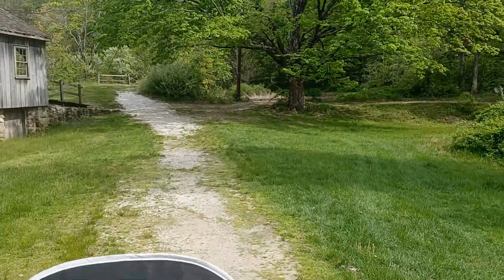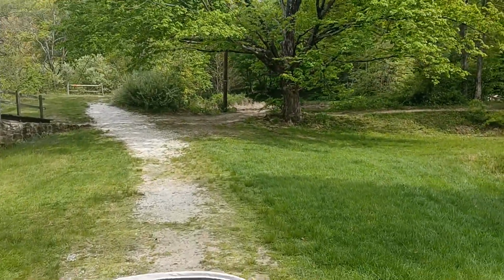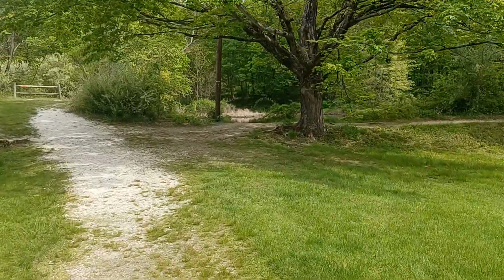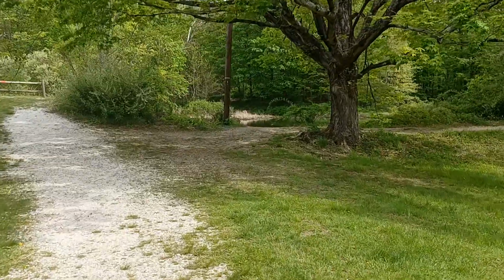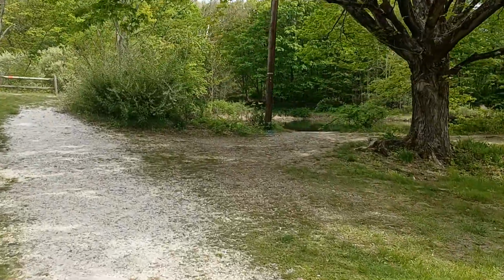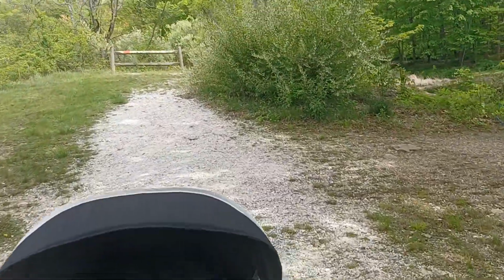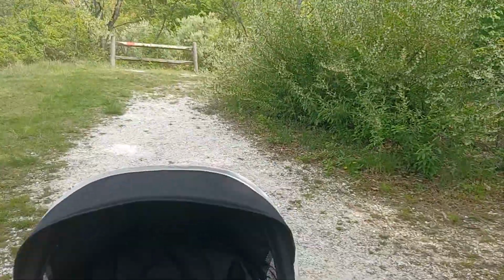So the Smiths lived in Waterloo for generations, and they had the store and mills and were involved in all of that. What we're walking right here is Old Waterloo Valley Road. Now this was